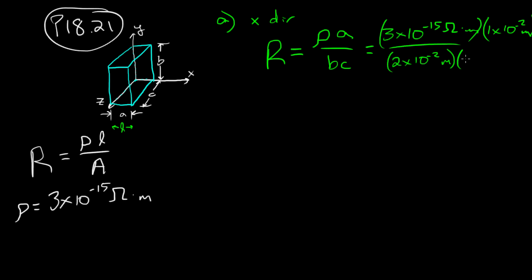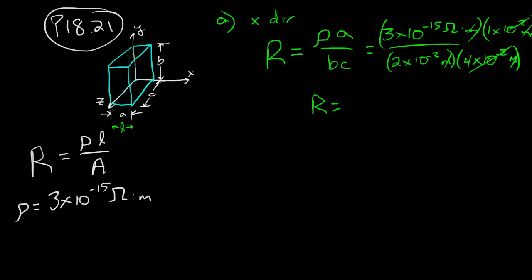And C is 4 times 10 to the minus 2 meters. So this meter can cancel with this meter, and this one with this one. This 10 to the minus 2 can cancel with that 10 to the minus 2. And we've got the resistance is equal to,